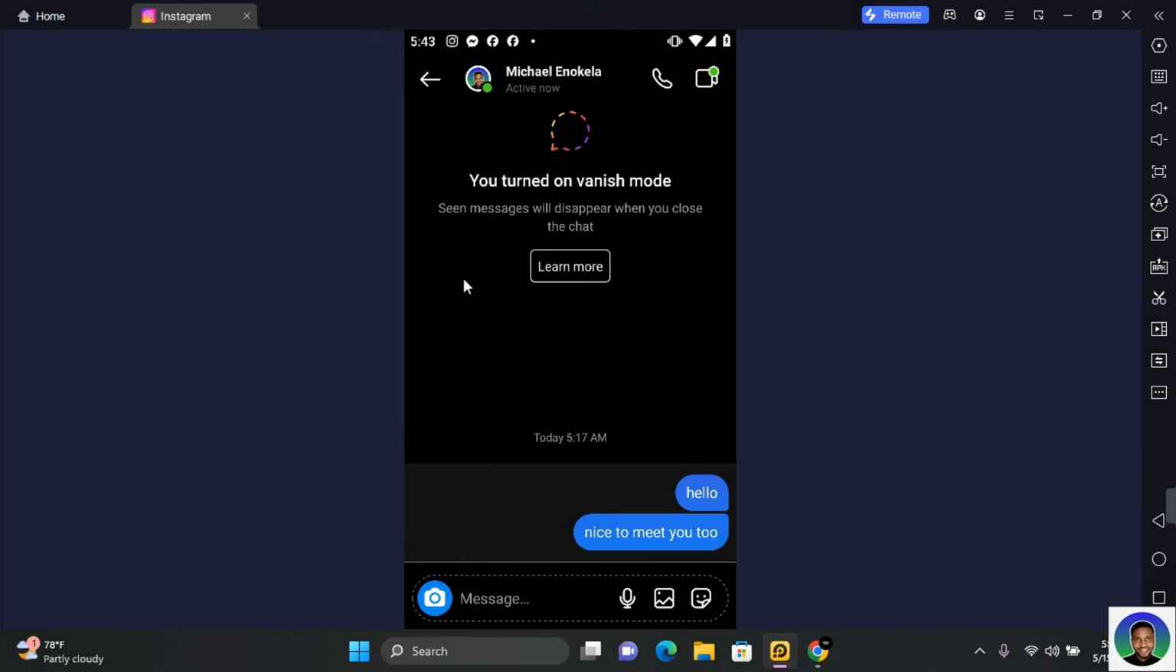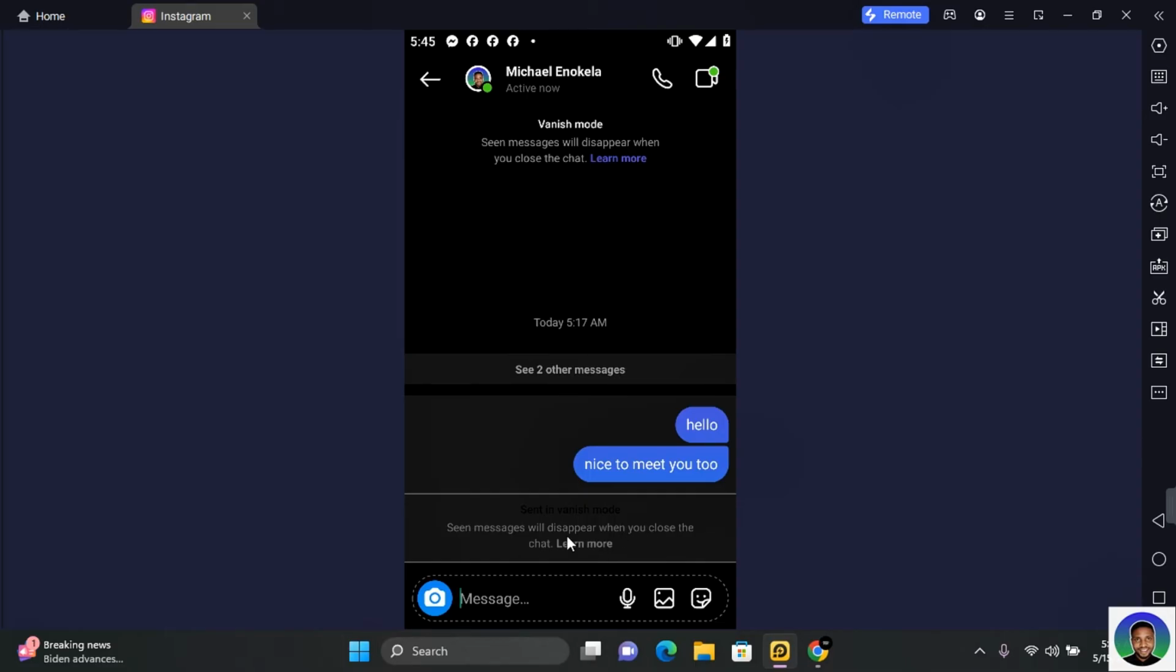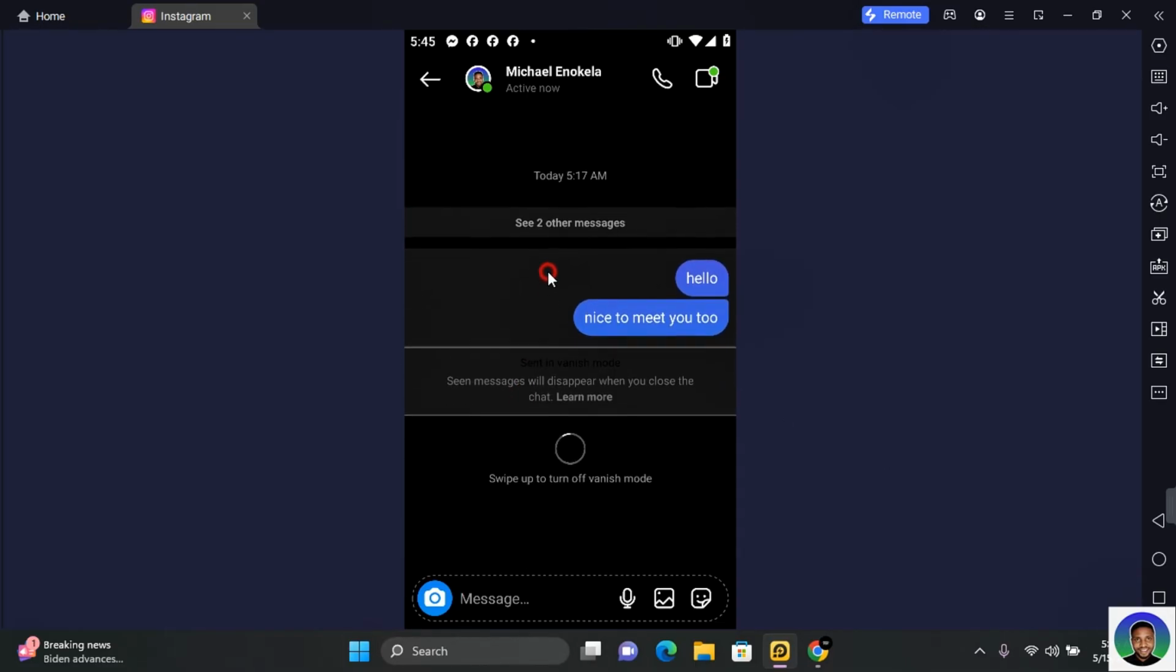This is what happens when you turn on vanish mode. Any conversations you've recently had in the past are not going to be deleted, but once you have vanish mode enabled, once you leave the chat screen and come back to the chat screen, all the conversations will be deleted. The sent messages will disappear when you close the chat, and you can easily leave vanish mode by performing